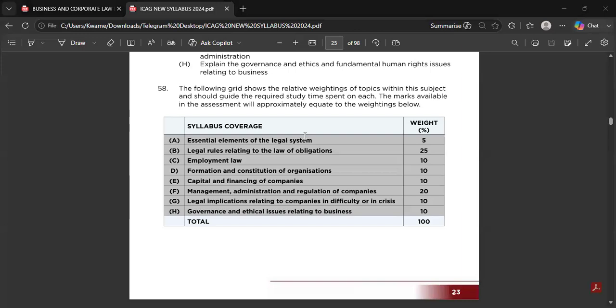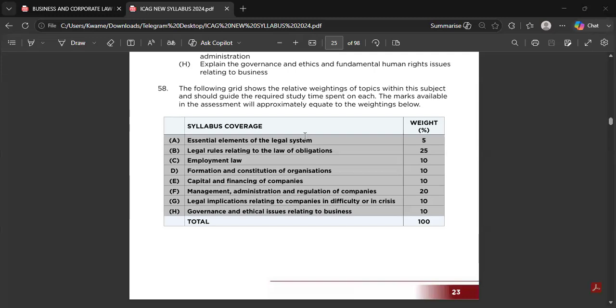So under each area, the mark weighting makes 100%. First, it used to be written, so when it was written, we were expecting essay type questions. But now that it is an objective test, the percentages add up to 100%, and it's 100 questions you're going to answer. So if it says 5% for the first topic, it automatically means you should expect 5 questions from that area. So that's what you are going to meet.